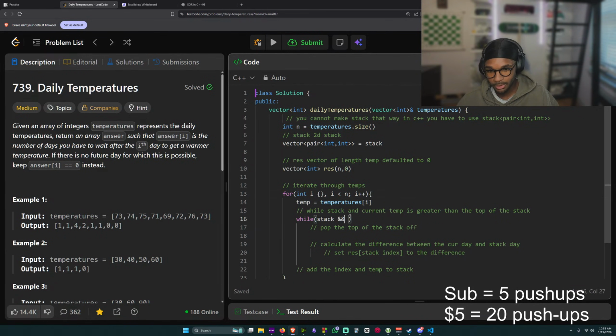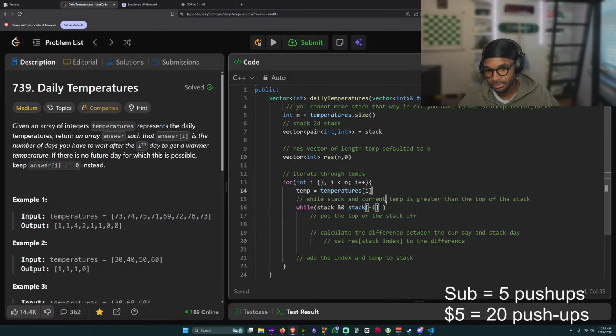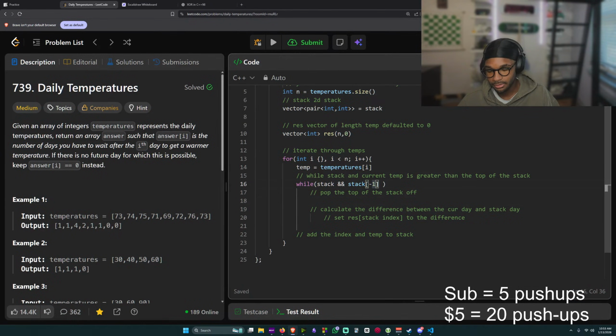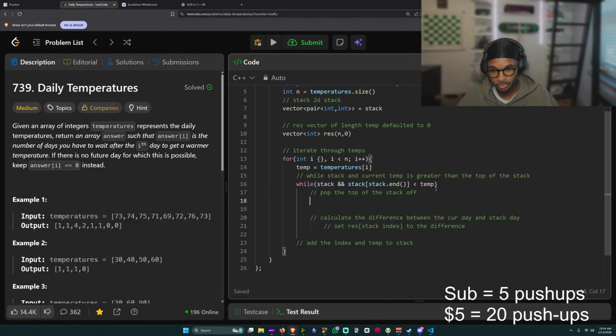Wait, so while stack and while the top of the stack, so we say while stack. Can you do -1? Is that how you get the end of the stack? I don't know. -1? Or is it like stack dot end? Is it like that? Stack dot end? So if the stack dot end is less than temp, we'll pop off and we'll say,